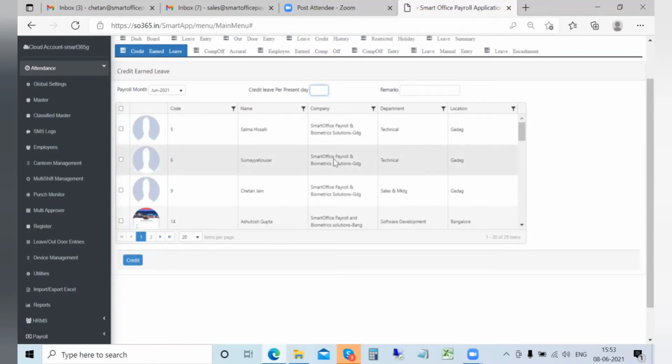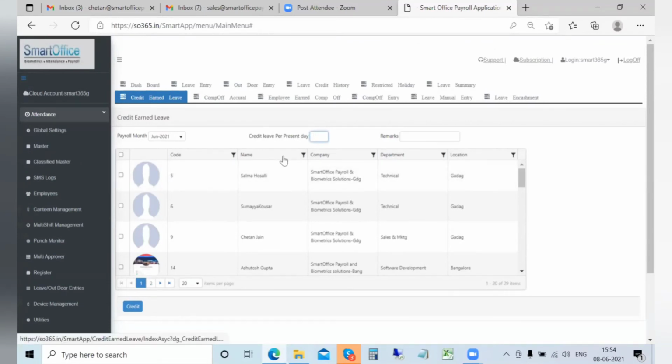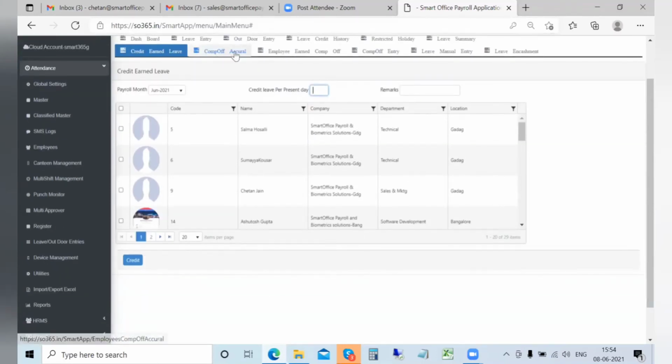So if your rule is 21 leave per 20 days, the fraction will come out to 0.05. So you can put 0.05 here and select the employee and say credit. This is the complete process which can be understood during the implementation. So the comp-off related options are available here. The details will be visible in this window.